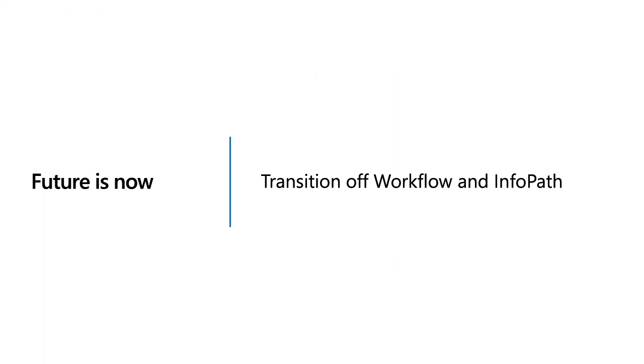So if you're looking at those classic solutions to upgrade to their modern solutions, then for classic workflows, you are looking at the Power Automate Platform, which provides robust integrations and a business process platform that helps you automate many of the scenarios you are having in your organization. And for InfoPath scenarios, whether it be customizing the list form or building your own forms or apps that you want to share with your users, you're looking at Power Apps as the platform to go build those custom apps